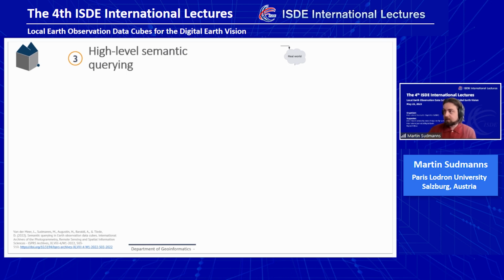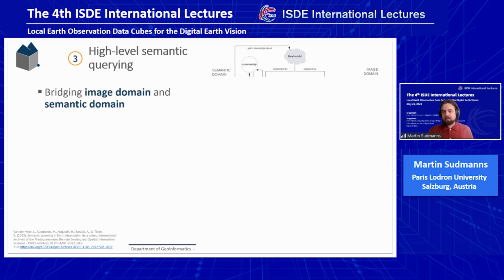The first one is we bridge the semantic domain and the image domain. In the semantic domain, you have entities like a forest or a lake and so on. They may be defined, but not based on what you can see in the image. And the semantic entities, the categories, obviously exist in the real world even if they are not captured by an image. So the semantic world exists on the one side,